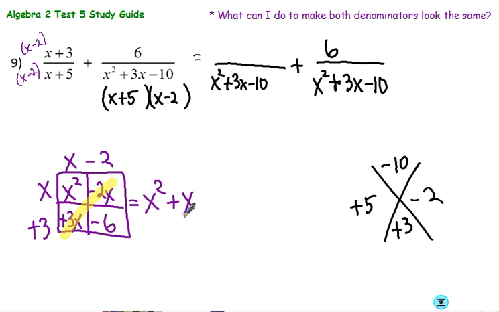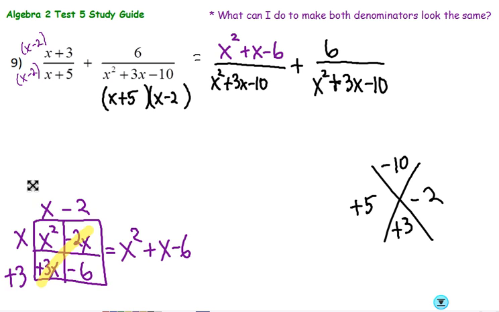So we could just write x, and then minus 6. Alright, so if I put that up there, I've got x squared, and put that here. So I've got x squared plus x minus 6. Now you're like, okay, so what do I do with that? How am I supposed to multiply those two things together? Well, what you would do with those two things,